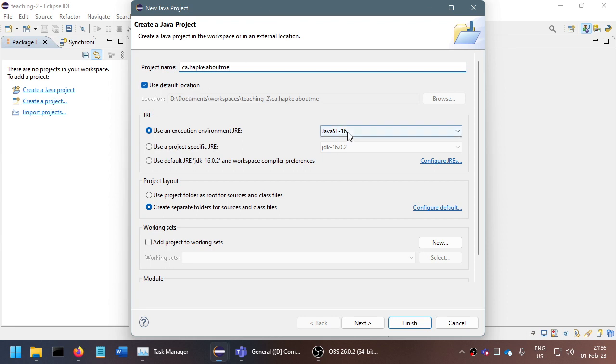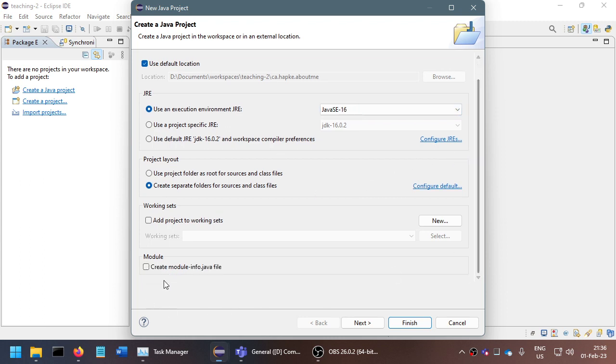Default location is good. Your Java should be set to 16 here, and then at the bottom, turn off create module info, it doesn't do anything useful. Click finish,